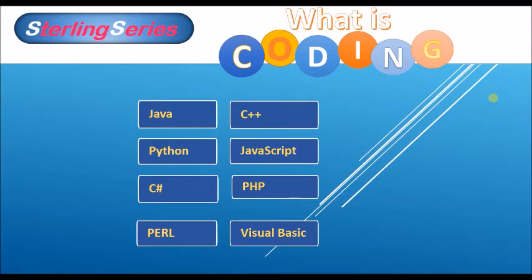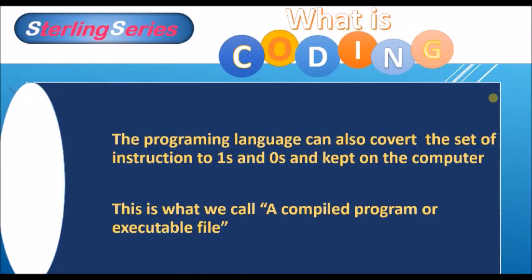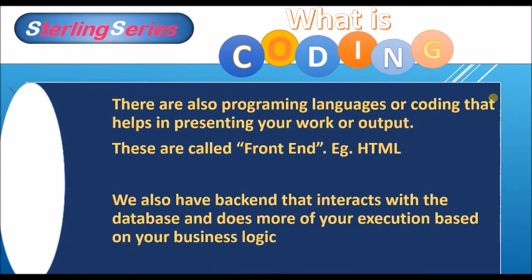These are some examples of programming or coding languages. We have Java, Python, C++, JavaScript, and others. The programming language can also convert a set of instructions to ones and zeros and kept on the computer. This is what we call a compiled program or an executable file. There are also programming language or coding language that helps in presenting your output, and this is called the front-end